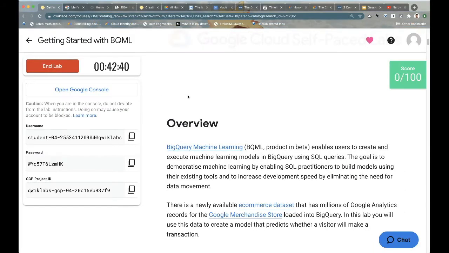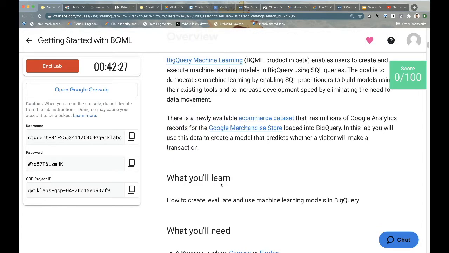So in this lab of BigQuery ML, the e-commerce data of this Google Merchandise Store is uploaded onto BigQuery, and we are going to use that to do our prediction and machine learning with the help of BigQuery. So I'm scrolling down,